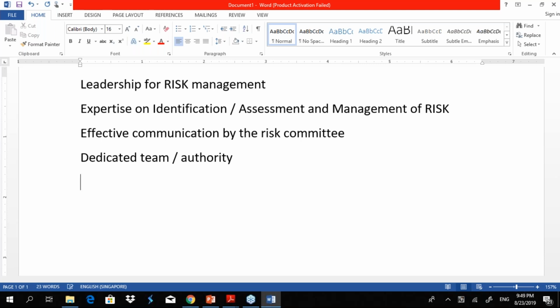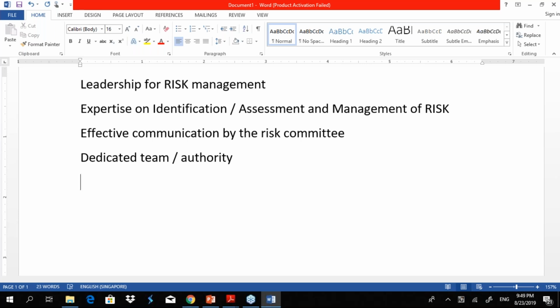And if you see the current audit committee, it is full of independent non-executive directors. When it comes to a business, people who are involved on a day-to-day basis will know the kind of risk that the business is facing.